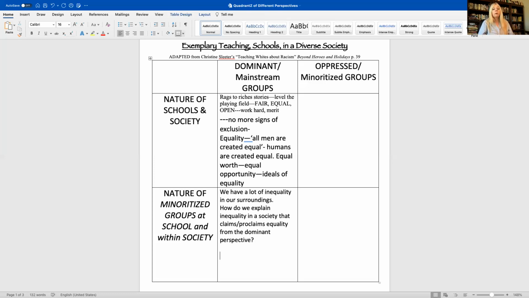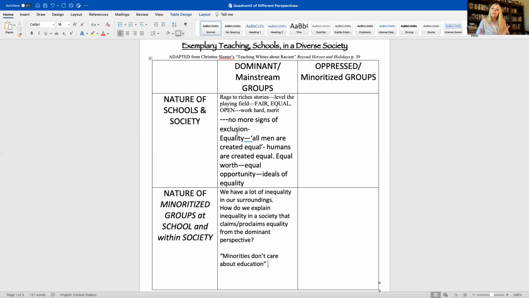How do we explain it? Well, how have you heard it explained? Maybe you've heard it like I have. People will say, well, minorities don't care. Now, I'm not saying you believe this. I'm saying that this is what people say. I've heard it said, "Minorities don't care about education." I'm going to put that in quotes. I'm not saying you believe that, and I'm not saying I believe it. That's from the dominant perspective that you hear that.